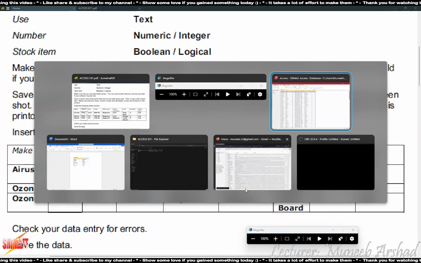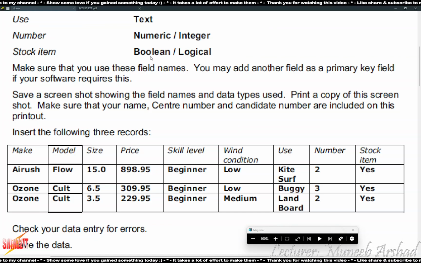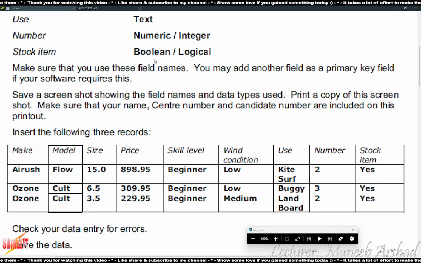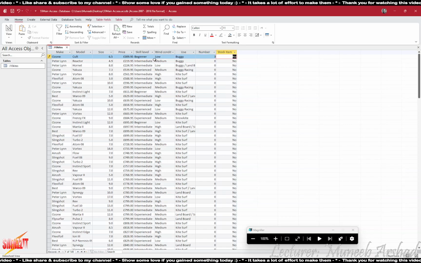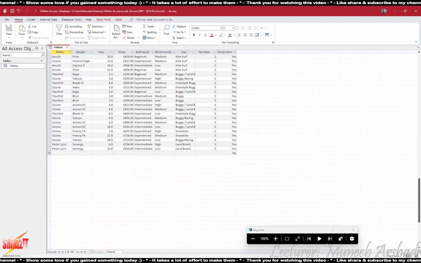So this was skill level is beginner, low, and then we have buggy, and then this is capital. This is 3 and yes, 3 and yes. Okay, I'm not going to add the third one because that's going to be done in a similar manner.